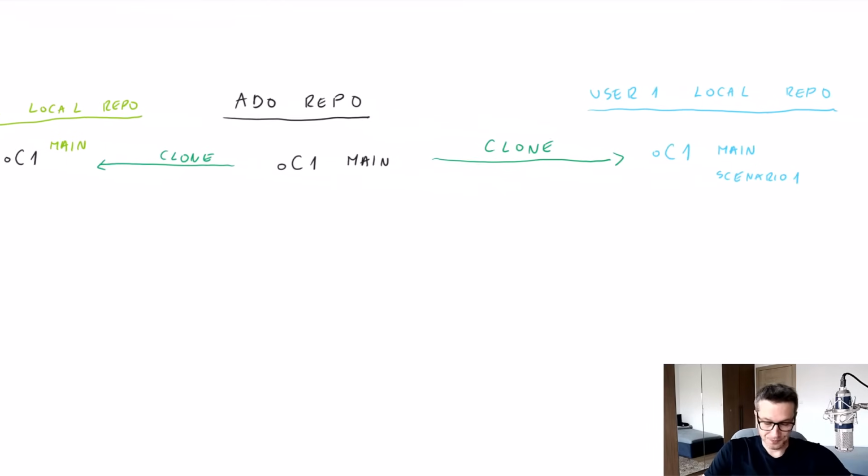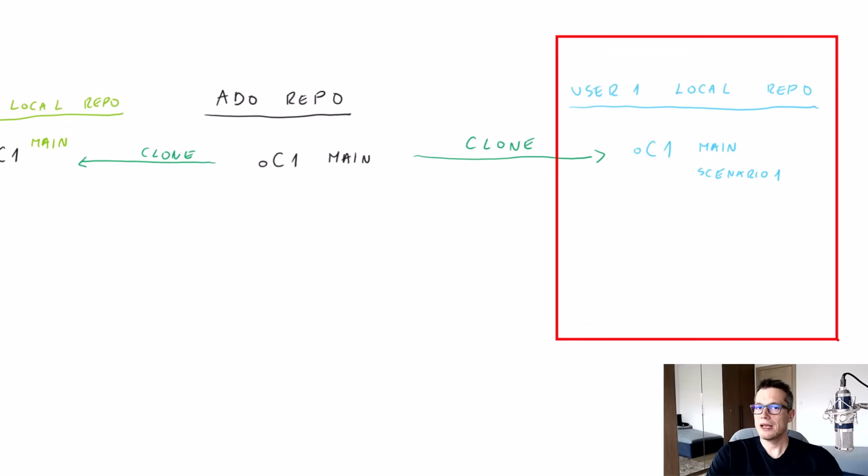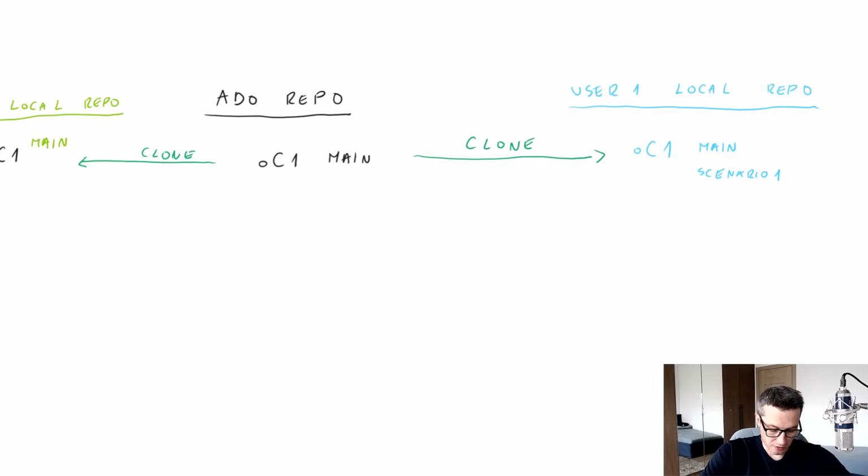Let's draw it on a diagram. So we are here in user1 local repository, and we made a change and we committed it. So we know that we have a new commit. Let's call it C2. That points to the previous commit in the tree, to the C1. And because we did this in scope of scenario 1 branch, it simply means that right now,